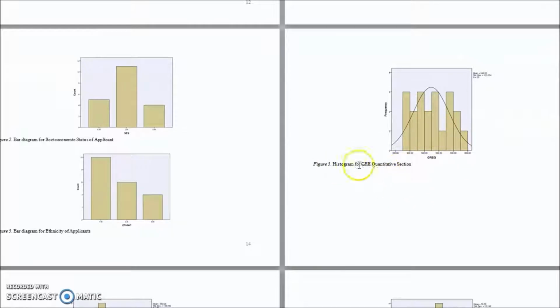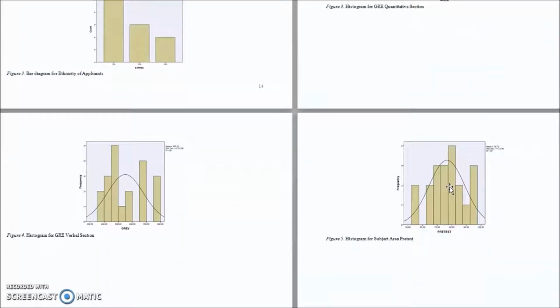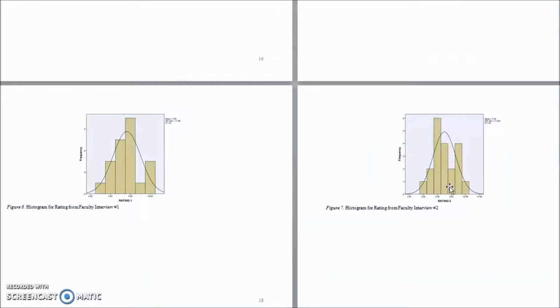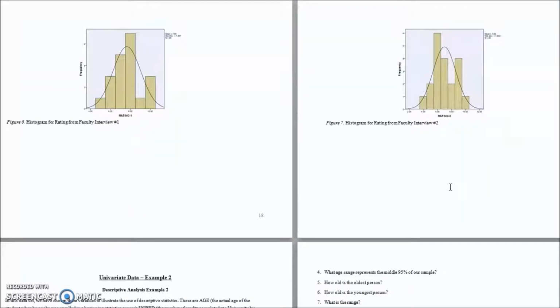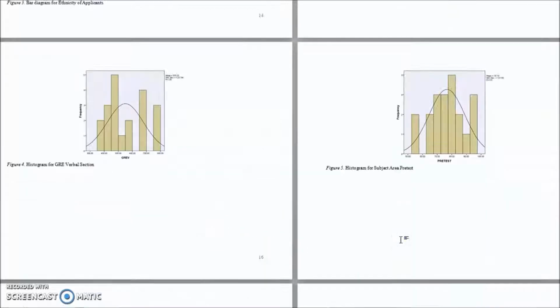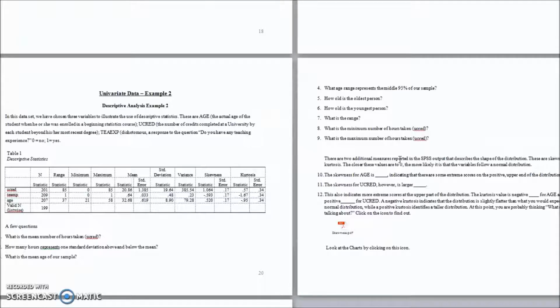But we are going to have histograms for the GRE quantitative and then GRE verbal and the pretest. Rating 1, rating 2, we've created histograms for those too. You don't really need histograms for them, but I just did the histogram to show you guys a spread, because it's an ordinal data set. But the histograms are mainly for the GRE verbal, pretest, and GRE quantitative. All right, so we are going to look at our